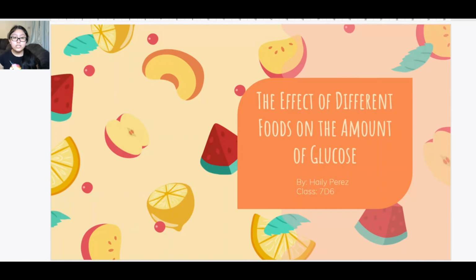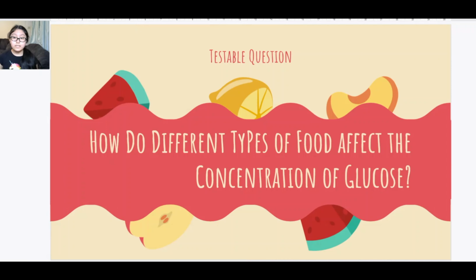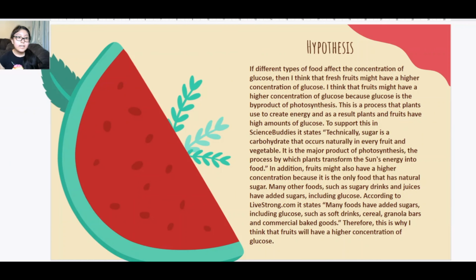The effect of different foods on the amount of glucose. How do different types of food affect the concentration of glucose? For my hypothesis, I predicted that fruits would have a higher concentration of glucose because glucose is the byproduct of